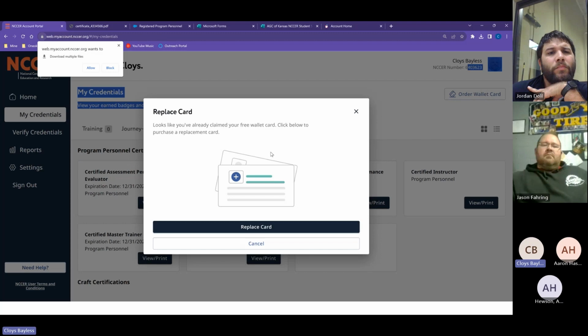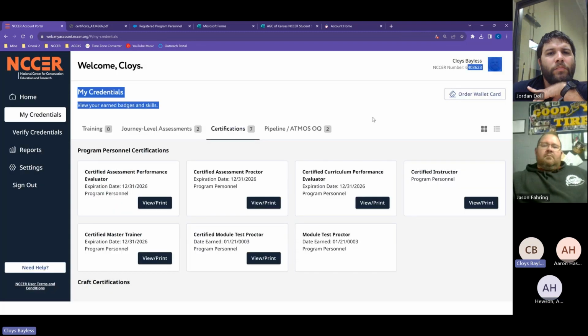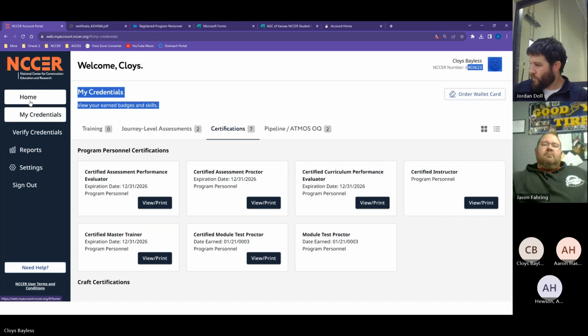You get a free one. Everyone gets a free one the first time. It will go to their address. So the students do it, you don't, we don't. The students can sign in and click on order wallet card, and it will go straight to their home after they've completed two modules. That's both the module online test and the performance.